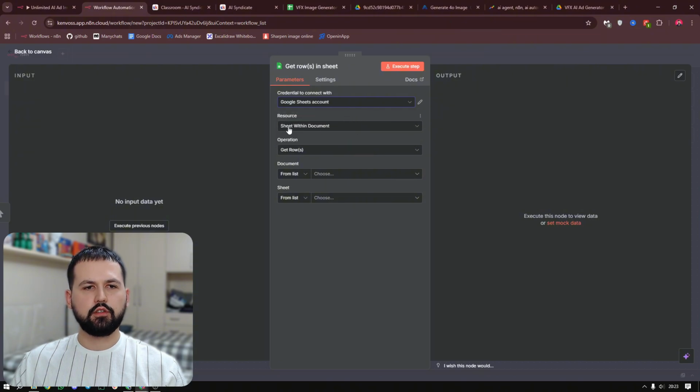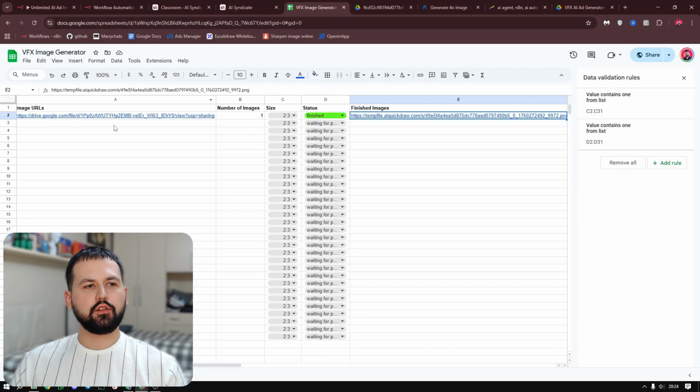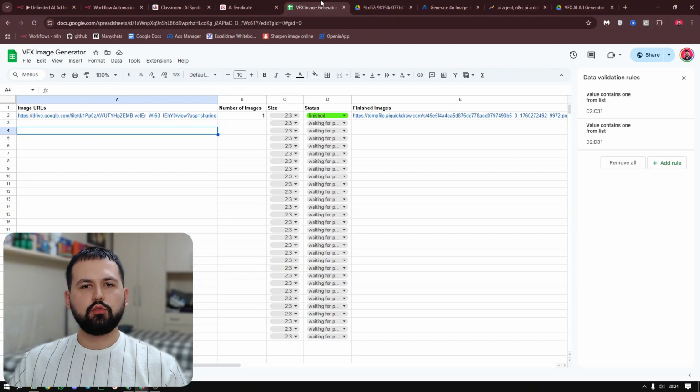For the resource, click on Sheet Within Document. For the operation, click on Get Rows. Now for the document, you have to have this kind of document. You have to have an exact document just like this one. Please screenshot this so you can send it to ChatGPT and get all the values so you can create this for